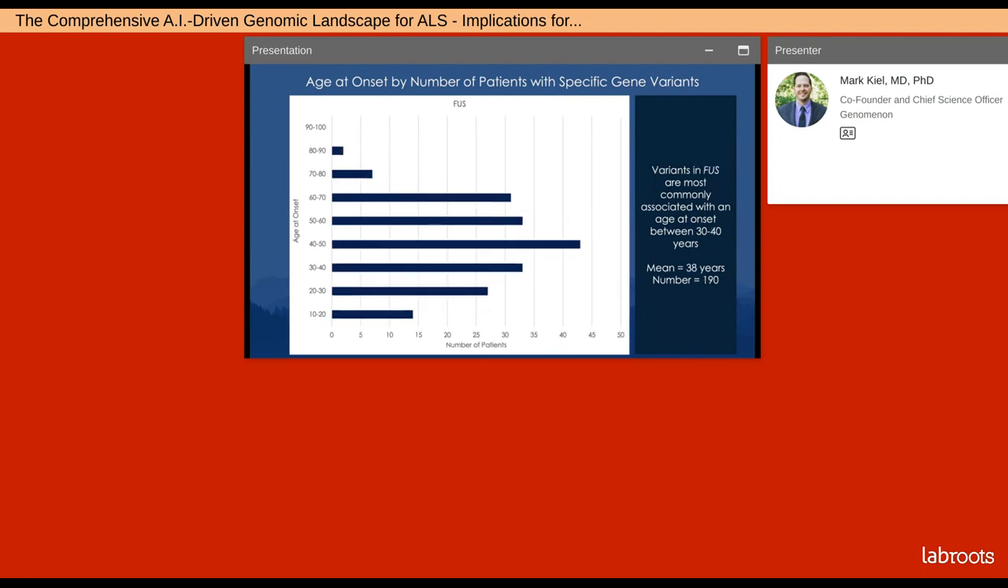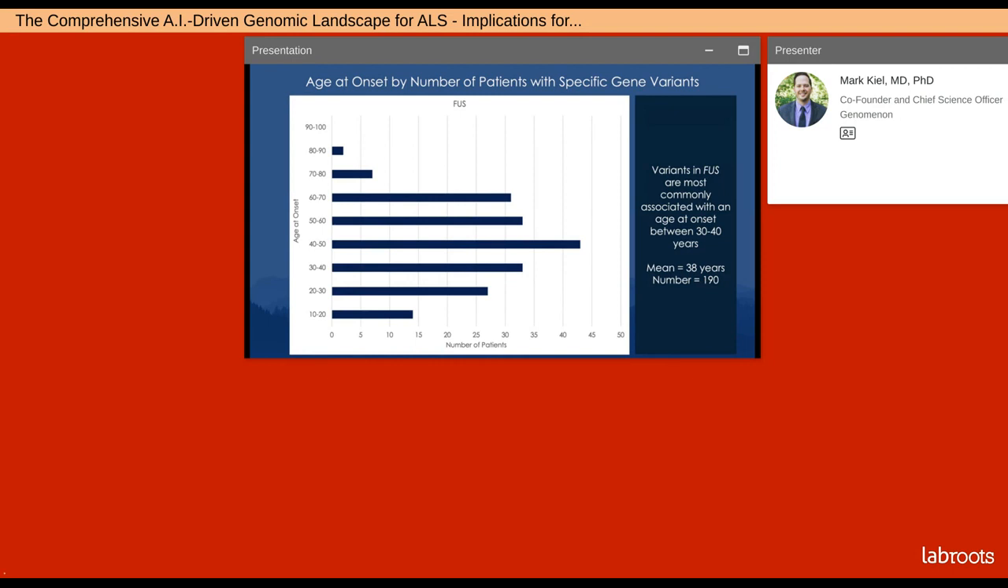There's an opposite trend toward an earlier presentation of disease for patients who have mutations in the FUS gene, as you can see here, a mean of 38 years across those 190 patients in our data set with FUS mutations. And so calling your attention back to that table 1 with the suggestion of genomic associations, particularly for FUS P525L